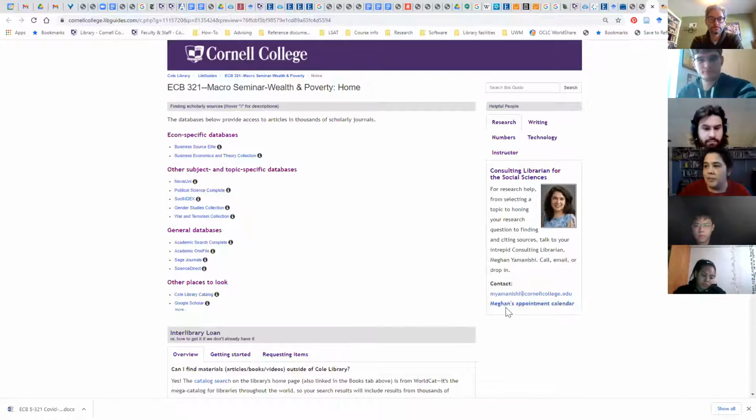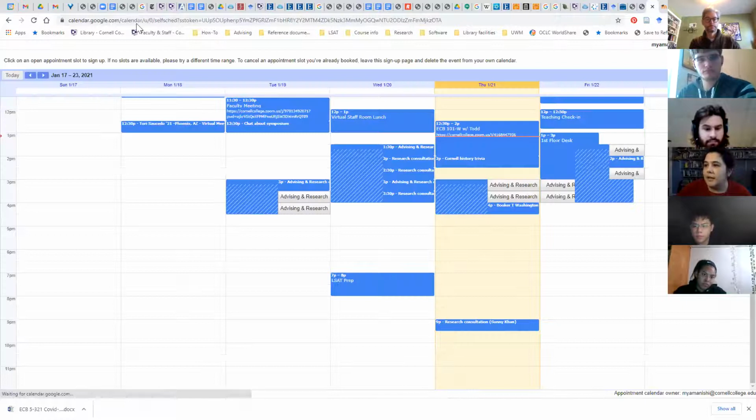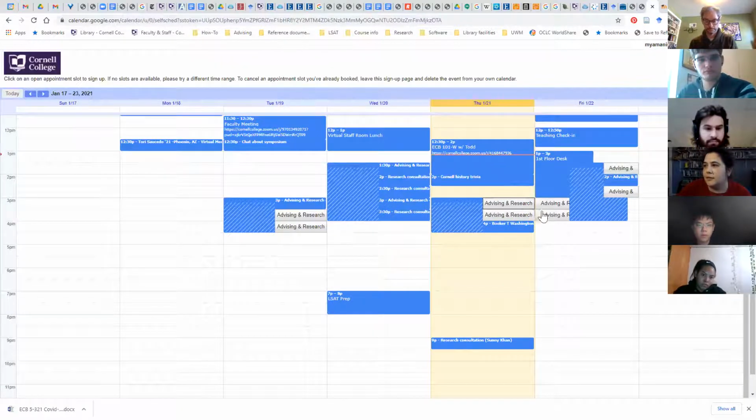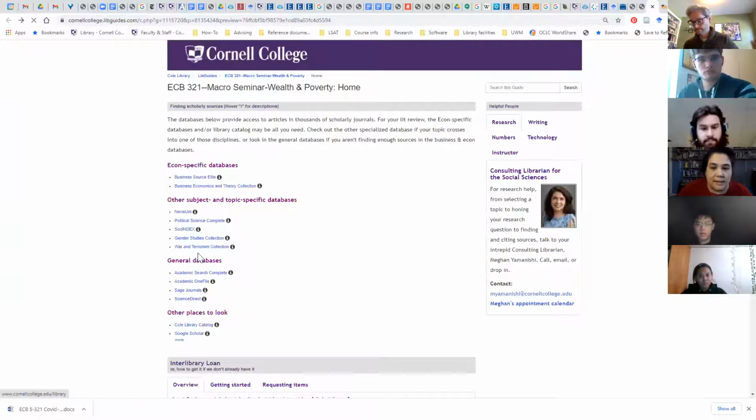You can look at my appointment calendar, and it's a Google Calendar. It's these silver pieces here that say advising and research. Just pick one that works for you, and it'll appear on my calendar and on your Google Calendar. If there's not a slot that works for you, then just send me an email and we'll set something up.